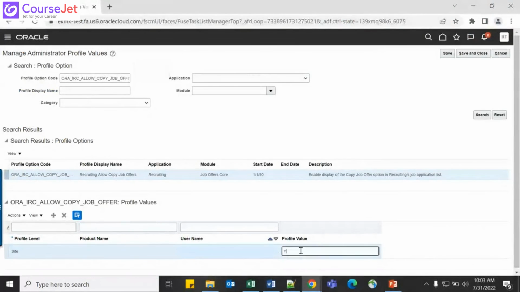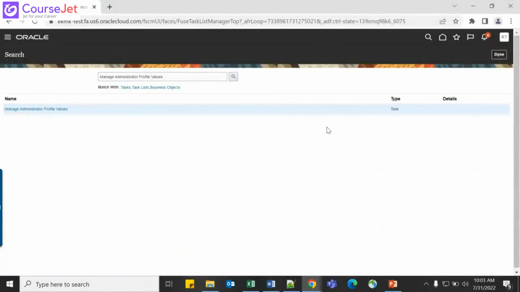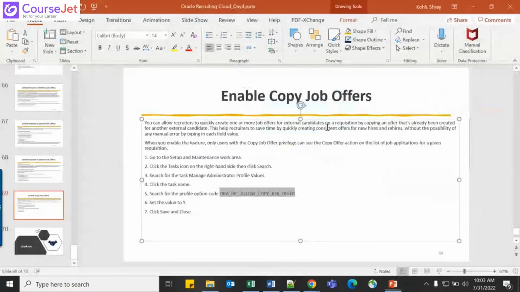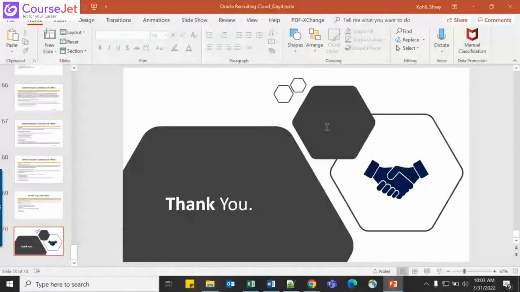Set this value to Y. Once you set this value to Y, the recruiter will be able to see that copy feature on the job offer UI. So I think that's all for